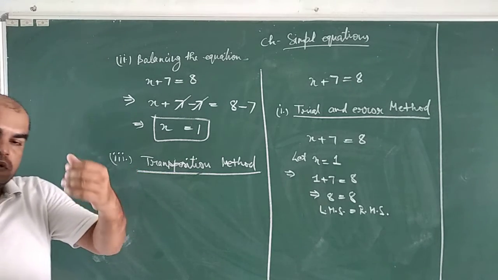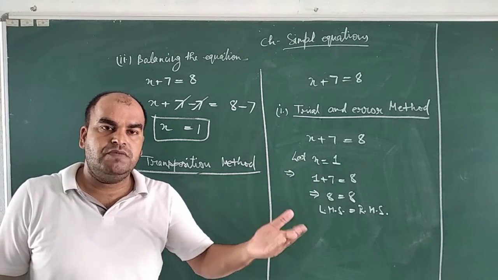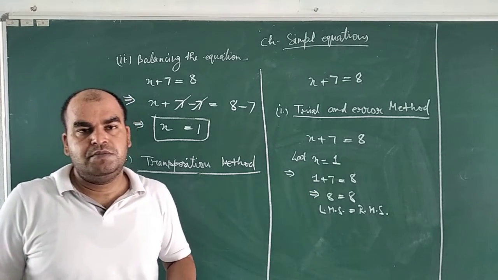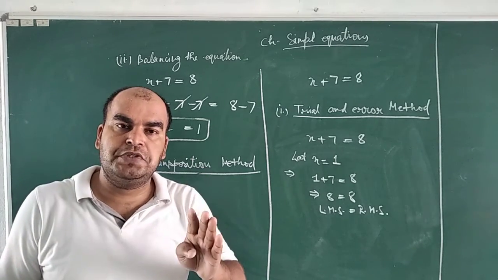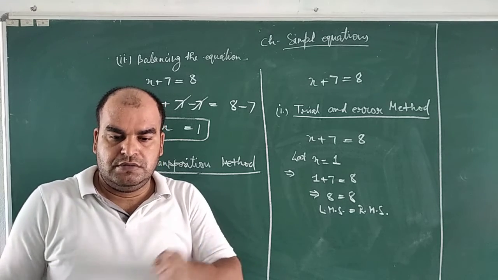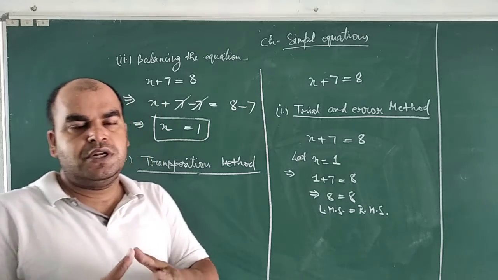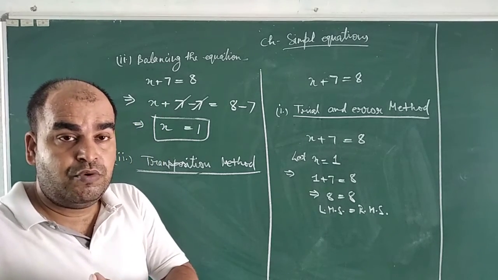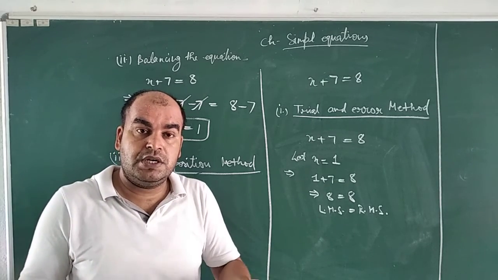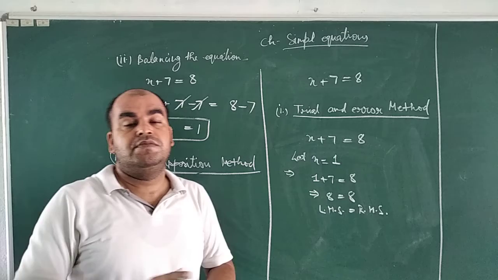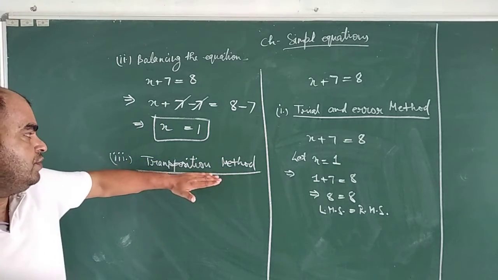In some special questions, if you are not able to solve, then you can use the trial and error method. Sometimes in a competitive exam, because they give 4 options, if any lengthy question is there, we use the trial and error method also, in competitive exams only. Suppose 4 options are given, you can put in each value, verify, and mark the correct answer. But in a descriptive type question we will use transposition.